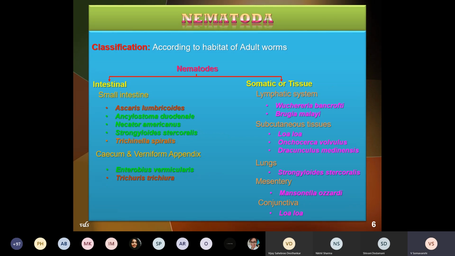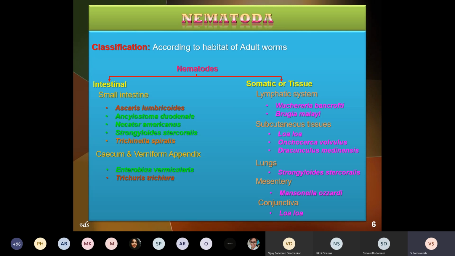Okay. Now, after this, we'll start with our topic today. If you have understood all these definitions properly, you will be able to understand each and every aspect of the description of the parasite, the morphological characters, as well as the life cycle with respect to the larval forms.